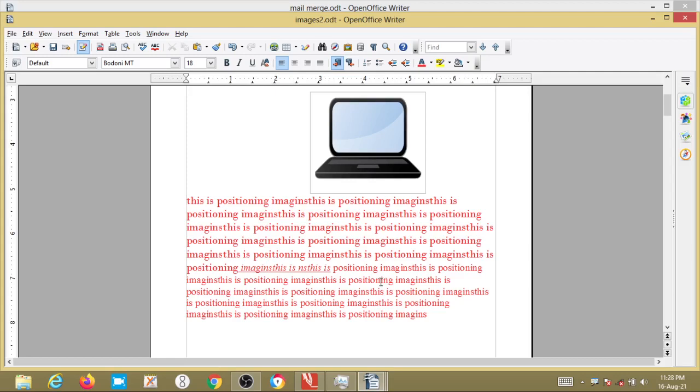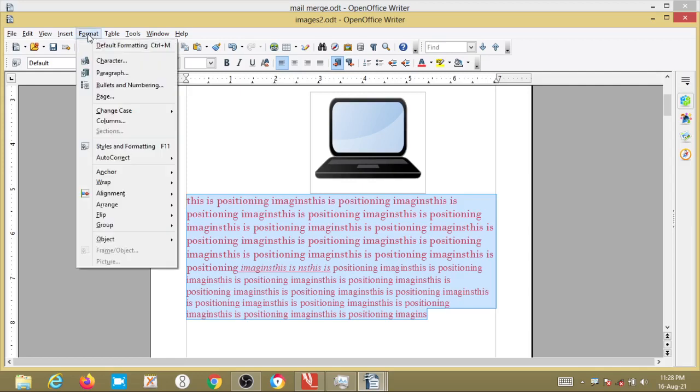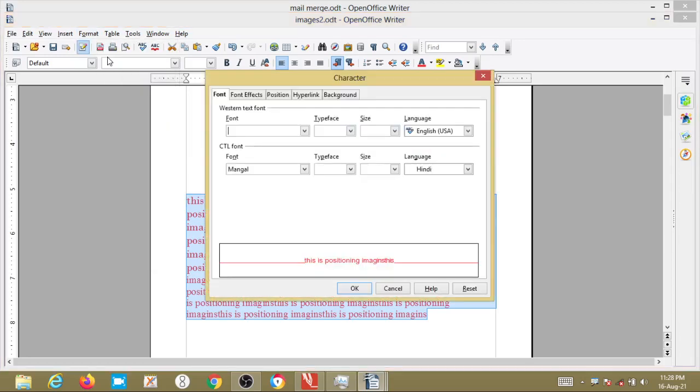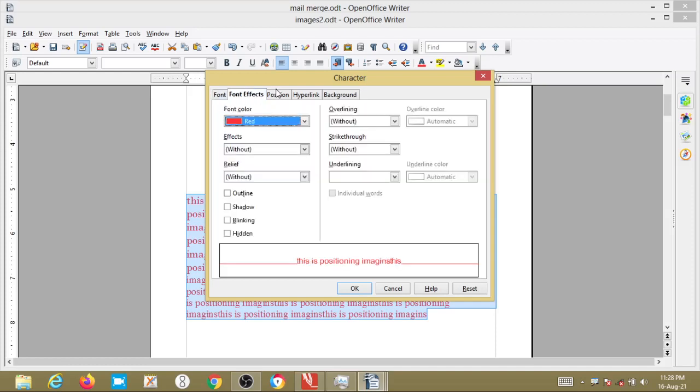So how to do it another way? Select the text you want to change the color of, then click on the format menu. In that we have to go to character. You will get another dialog box. Here it asks for the western text font and the font effects.